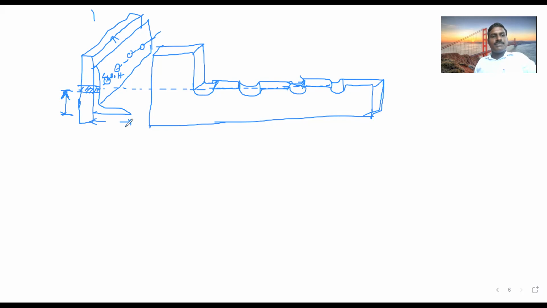What is this distance? This is your D. So what is this distance? This distance is W and this distance is W1. One of my friends said D by 2. This is not D by 2. As I told you, from the toe of this angle to the center of the bolt line, this distance is W1. And this is your W. So W1 is 0.6 times your D.